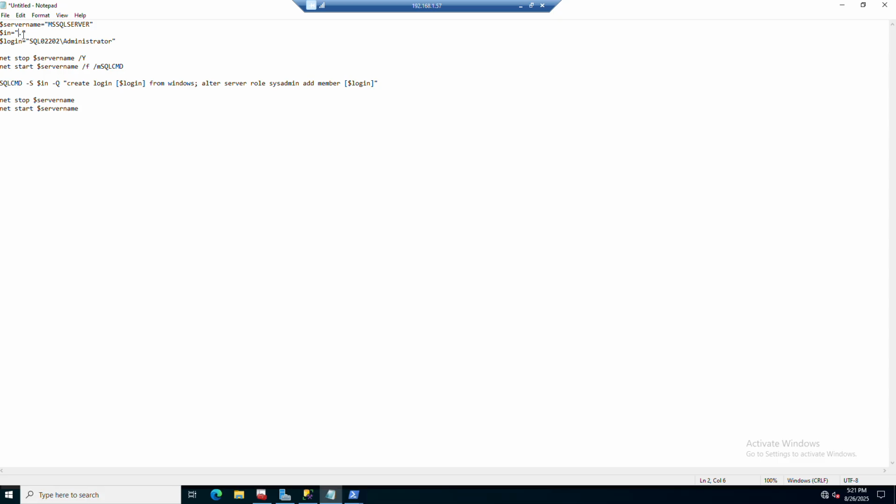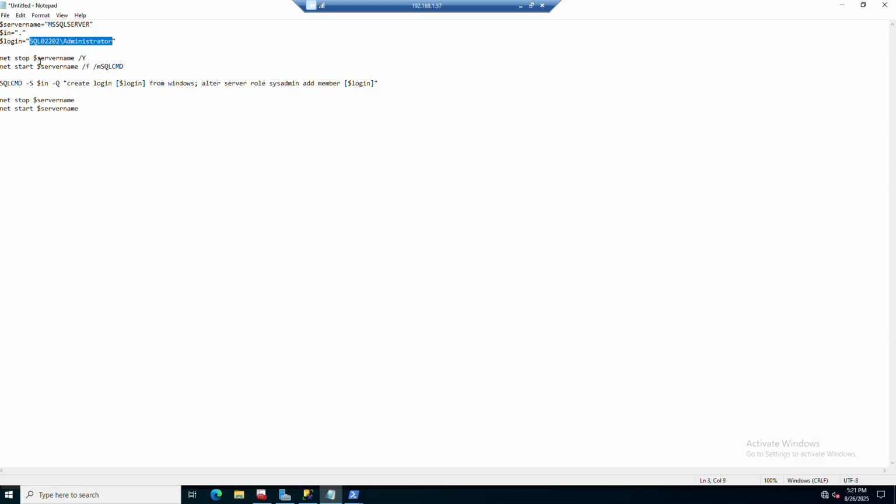Again, I'm going to use the period as my default instance. This could represent the server name that I'm remoted into, which is the same as the default instance. I need to create this login, which is the administrator of the same box,